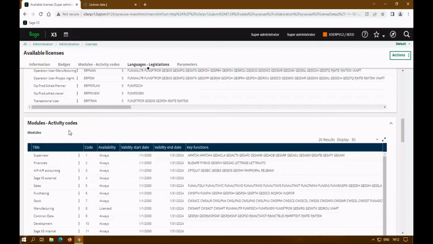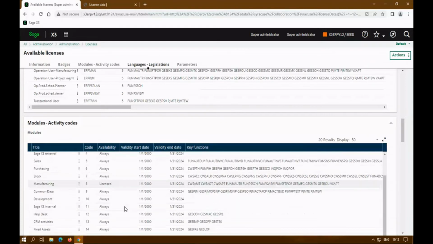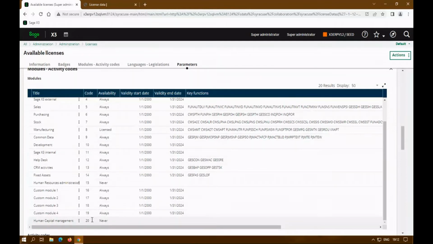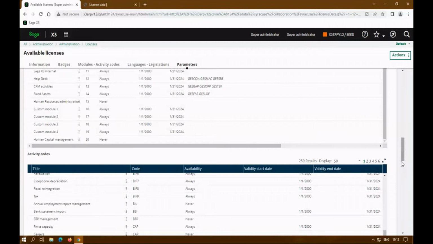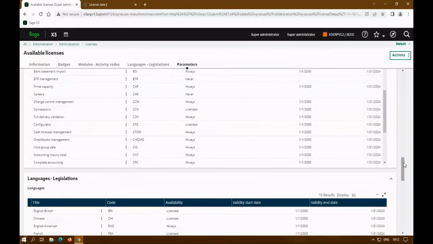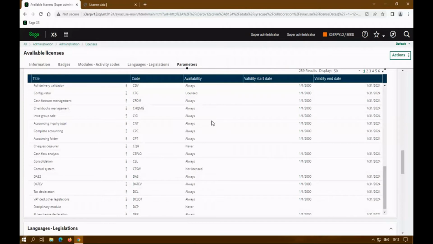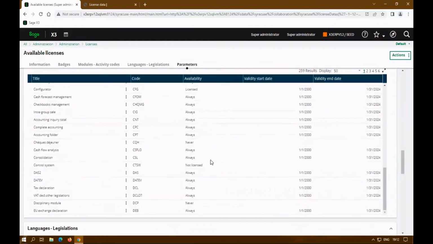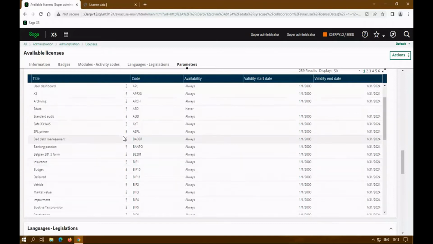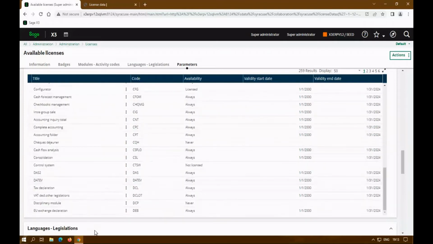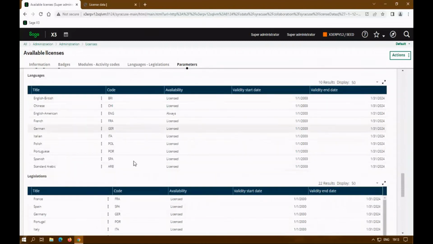If you keep going down, you'll also see what activity code modules you have available. So if you have something licensed but it's not on, versus I don't own it, that kind of thing. You can also see a list of activity codes, and you can get an idea of what's going on here. Now these are module-based activity codes of what you have available. You can also see languages for legislations,